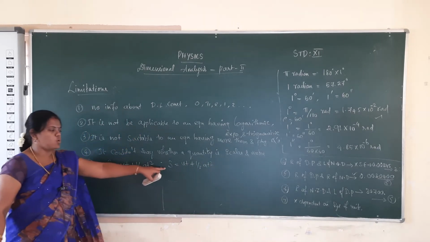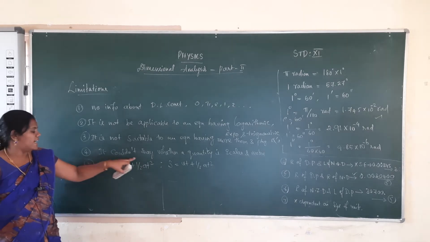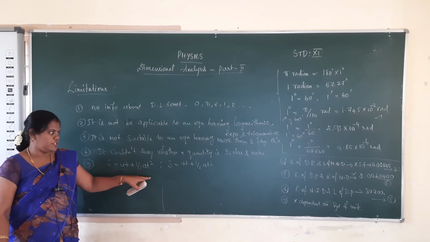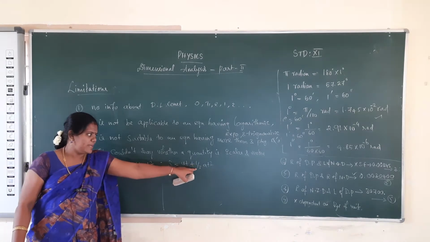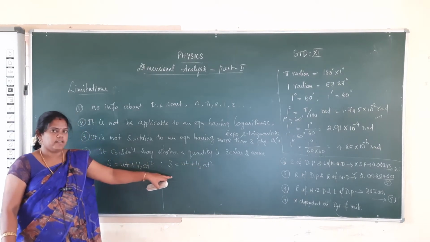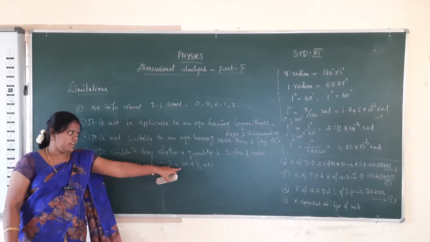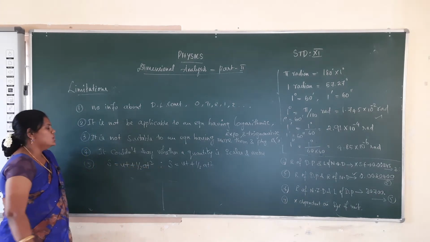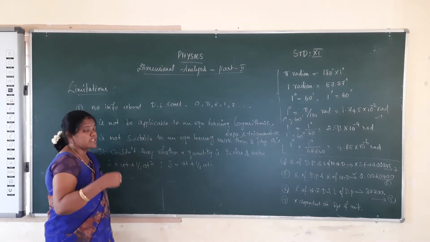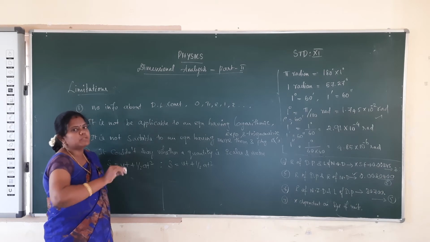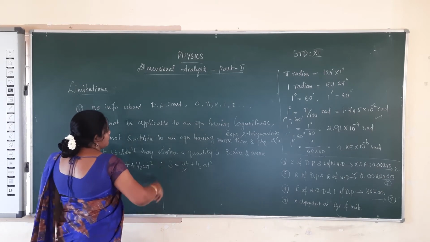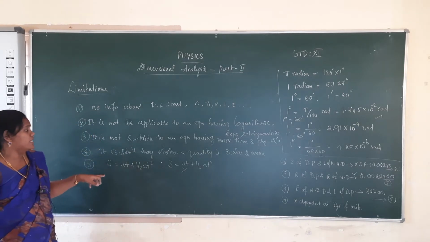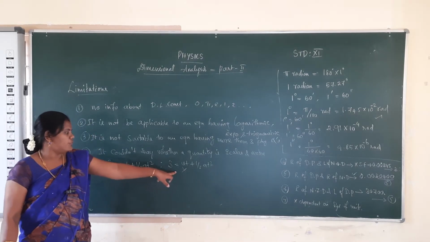This equation is also dimensionally correct, but the correct equation is Newton's second equation of motion, s is equal to ut plus half at square. But s is equal to ut plus 1 by 3 at square is also dimensionally correct. This second equation is not absolutely correct, it is not an equation of motion. Suppose an equation is dimensionally correct but not absolutely correct, so this is a very bad limitation of dimension analysis.